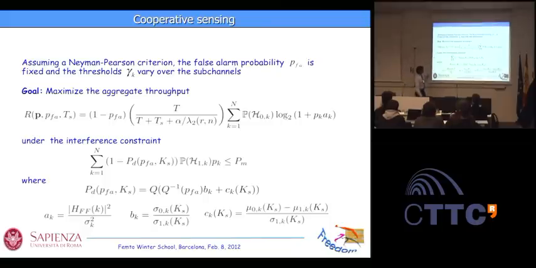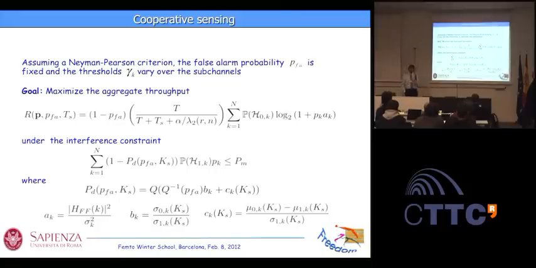Which are the constraints? The first constraint is the interference constraint that I mentioned before. You remember we had a summation over the transmit power by a certain coefficient that depends on our detection criterion. And this is why we have 1 minus detection probability here. What does it mean, 1 minus the detection probability? It is the probability that somebody is there, somebody is transmitting, but we miss. We don't detect this interference and we transmit. So we do something which is wrong.